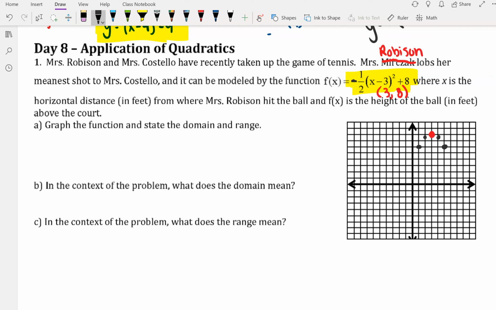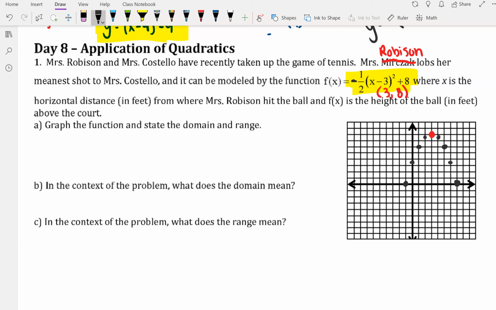Then I'm going to go back to the vertex. I'm going to go over 3. Normally I would go over 3, up 9, because 3 squared is 9. But I am instead going to go over 3, down half as much. So I'm going to go over 3, down 1, 2, 3, 4 and 1/2. Then I'm going to go back to the vertex. I'm going to go over 4. Normally I would go over 4, up 16, because 4 squared is 16, but I'm instead going to go down half as much. So over 4, down half of 16 is 8. I can do that on both sides, but then I want to kind of pause there and think about what